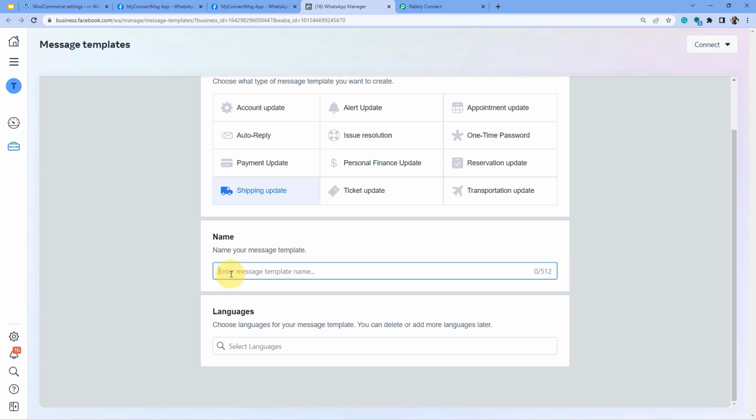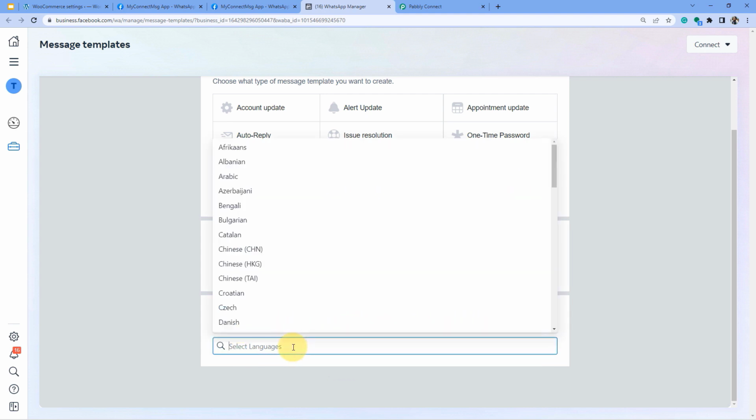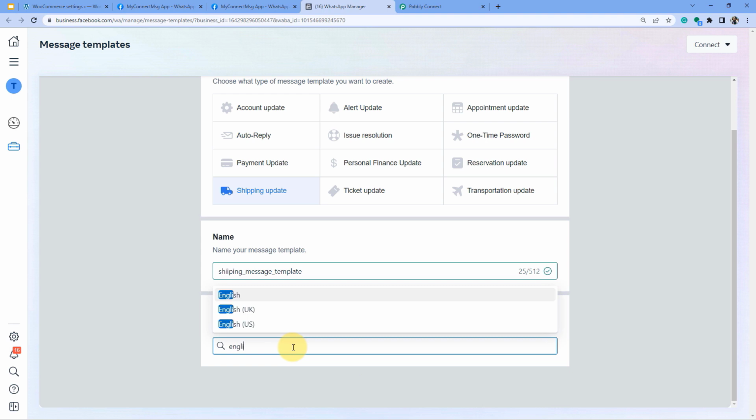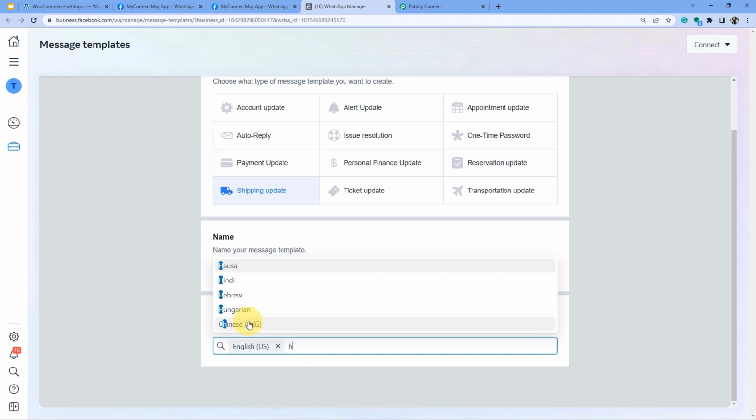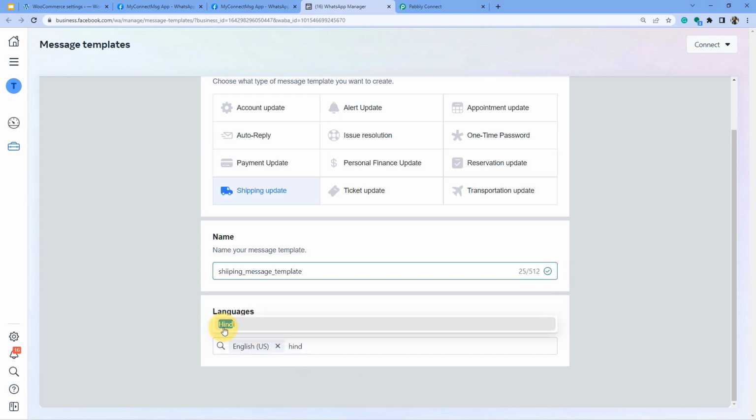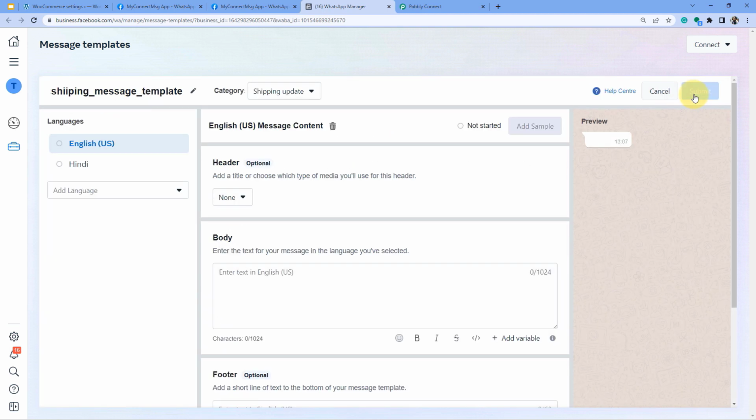You can give it any random name, let's say shipping message template. Then you can select any language. You can delete or add more languages later. Right now I am adding English or Hindi language. Then you can click on continue, and this is how you can fill all the details and